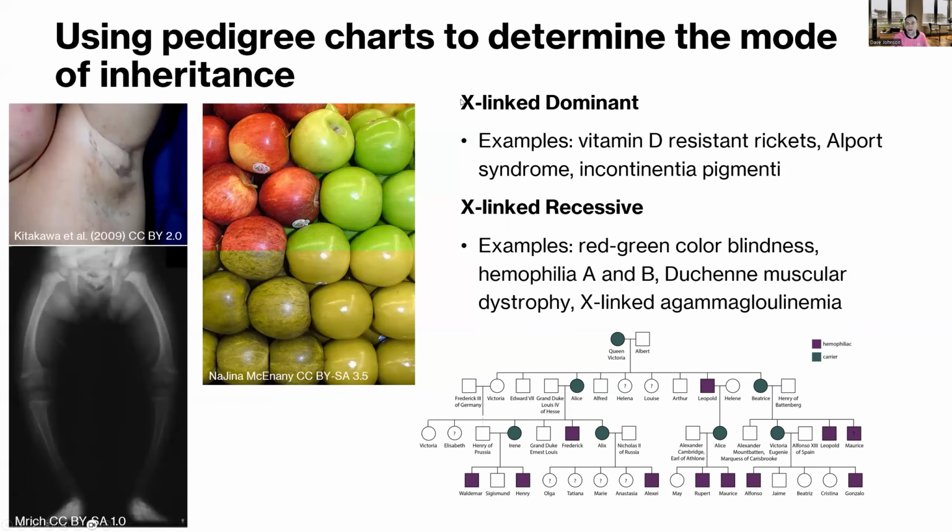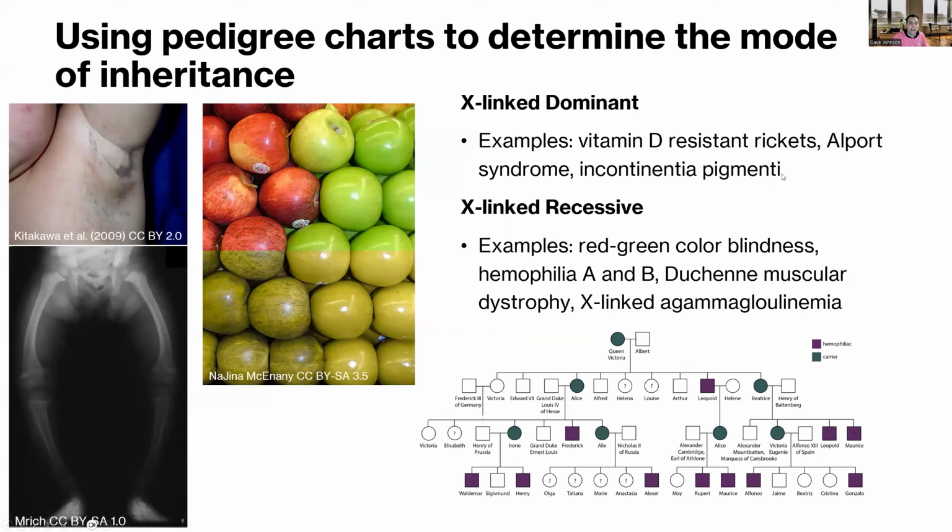So here are some examples of X-linked dominant diseases or conditions that are inherited in an X-linked dominant fashion. Vitamin D resistant rickets. So rickets is a disease typically caused by either a consumption of a low amount of calcium in the diet or a low amount of vitamin D, since vitamin D is required for calcium uptake. But in the cases of vitamin D resistant rickets, people develop rickets at a young age, even though they're getting the proper amounts of it in their diet, simply because the vitamin D isn't effective in getting that calcium imported the way it needs to be. Alport syndrome,